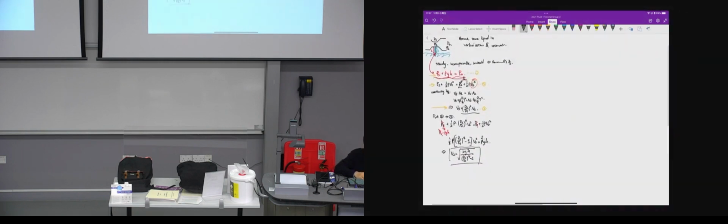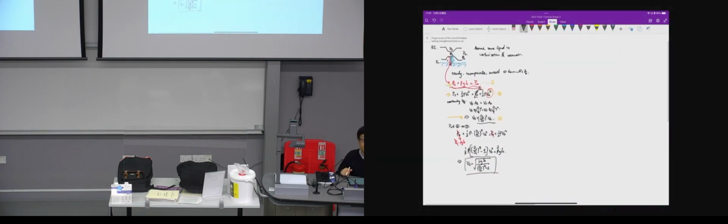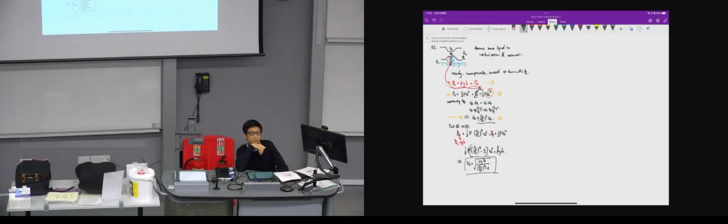So this is our final result. Any question about this one? Yes, please. So we use the Bernoulli equation. We assume that the fluid in the reservoir and the fluid in the venturi are exactly the same thing. And we put P1 is equal to PA plus rho g h, and P2 is equal to